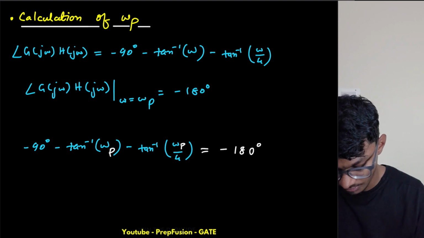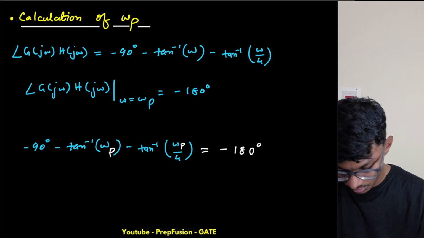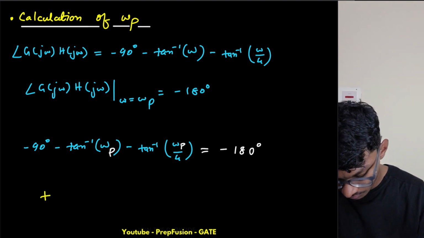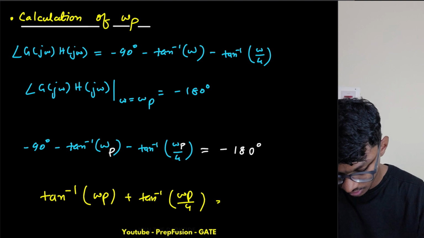So basically I can rewrite this equation as tan inverse omega p plus tan inverse omega p by 4 equals